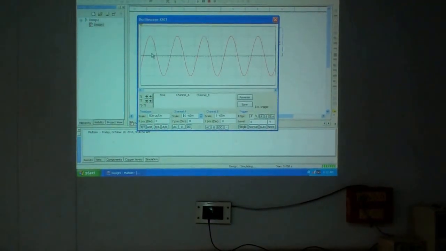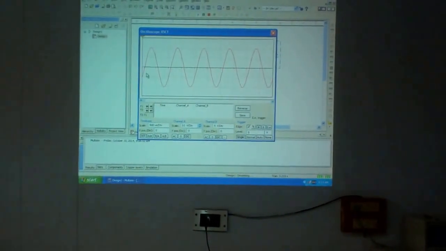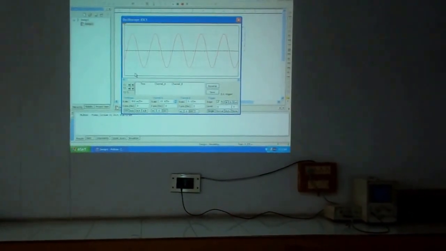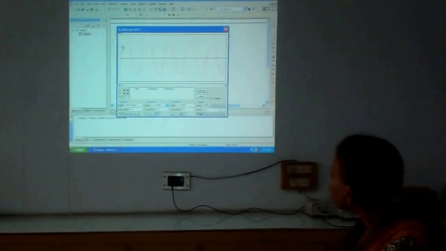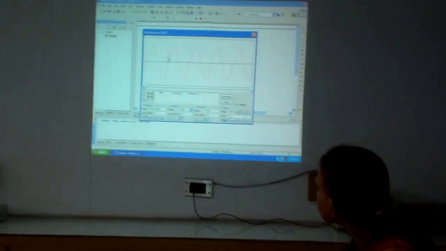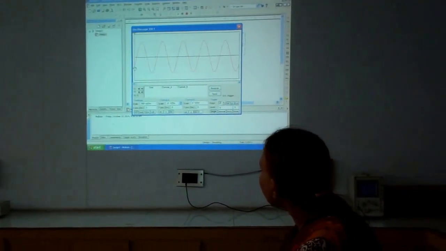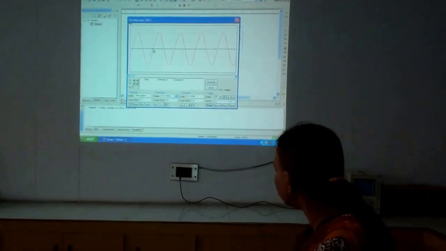The waveform that you choose, the amplitude should be so chosen that it fits into 3 squares up and 3 squares down. Now, how do you make the measurement of amplitude and frequency using this? This is a sine wave, as you can see. It is this pattern that is getting repeated. So, the time taken to complete one oscillation is referred to as the time period.